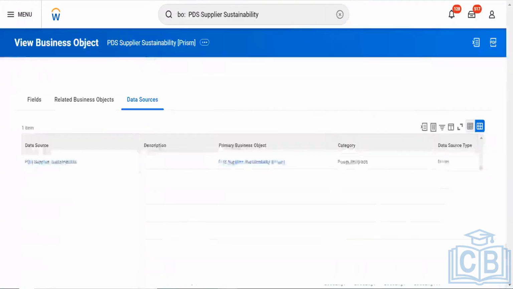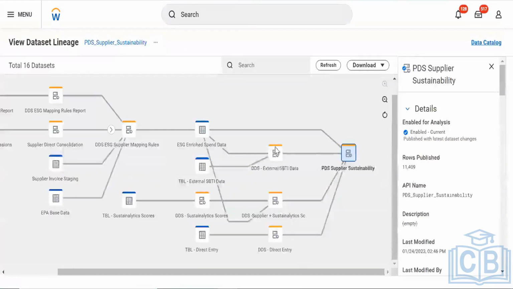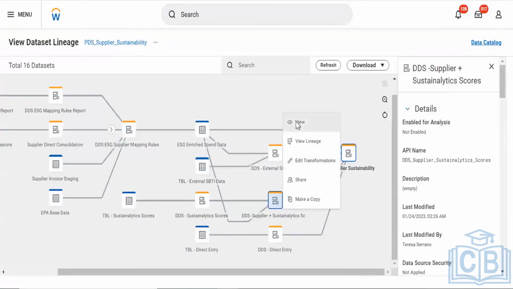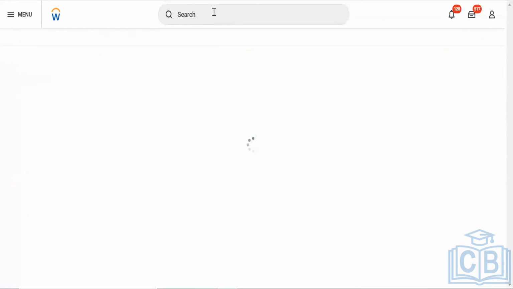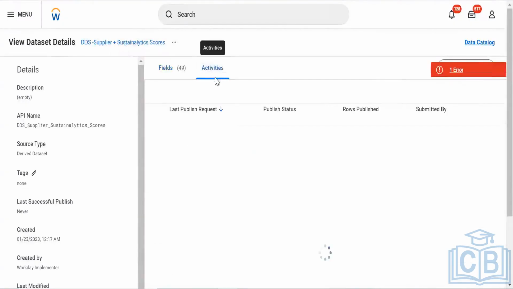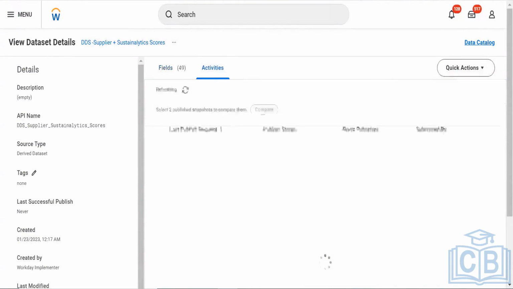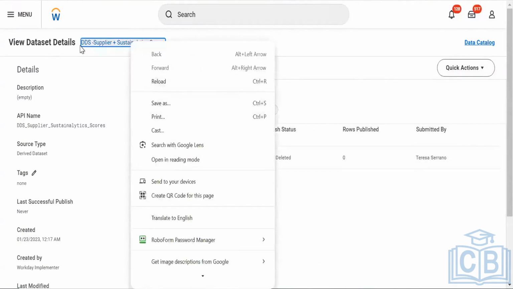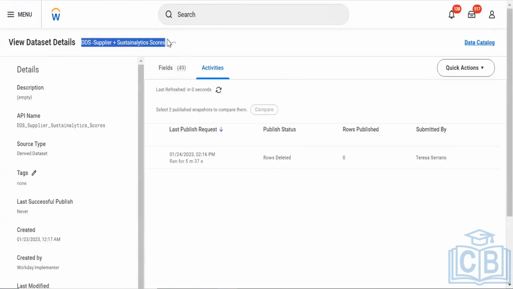How do we publish the data set? To publish a data set, let's say I want to publish this data set. I will go to view and see the activities, whether it has been published or not. No, it's not published. I will check whether it is available or not.